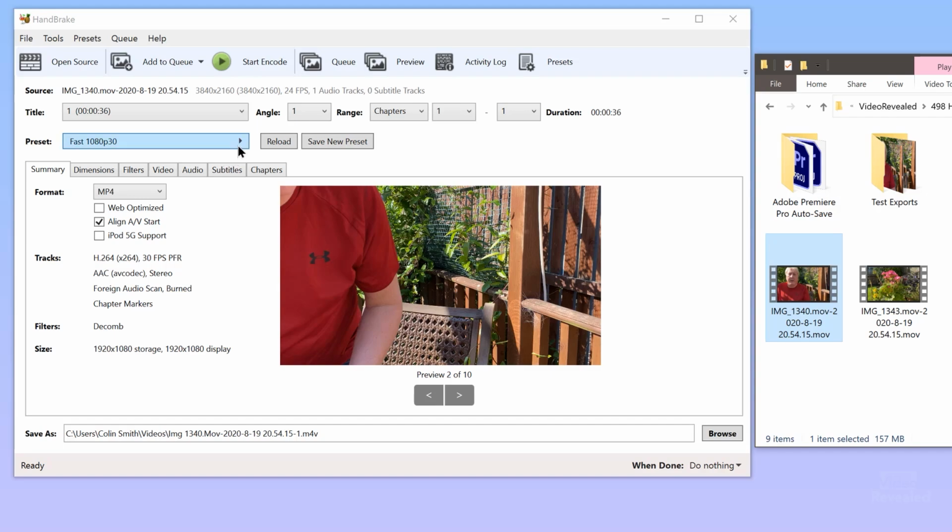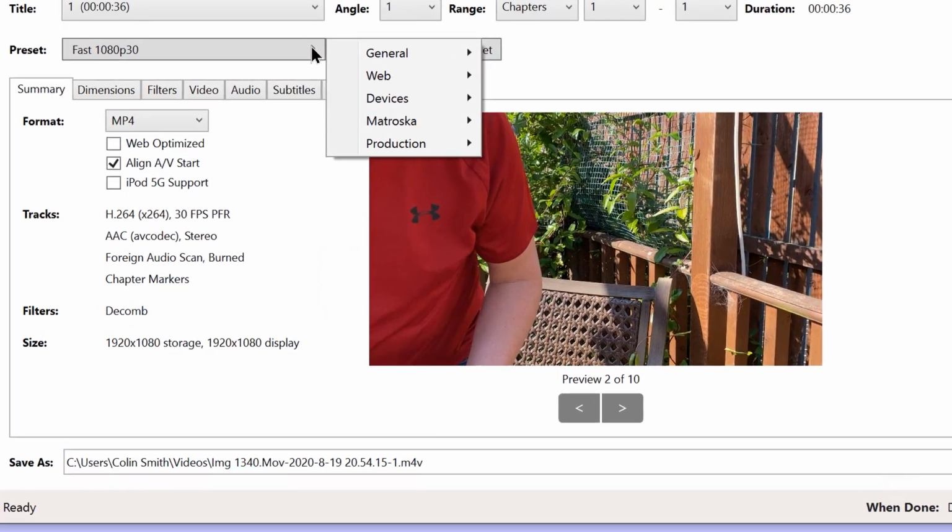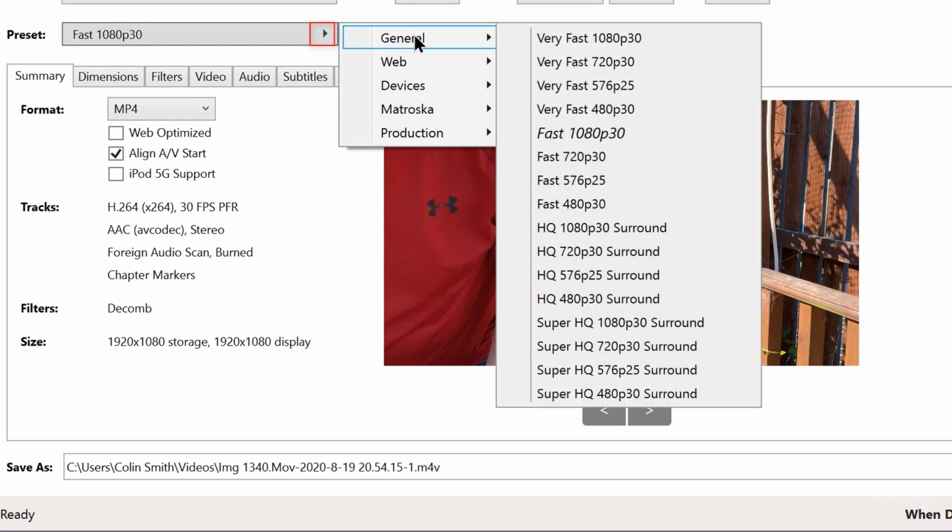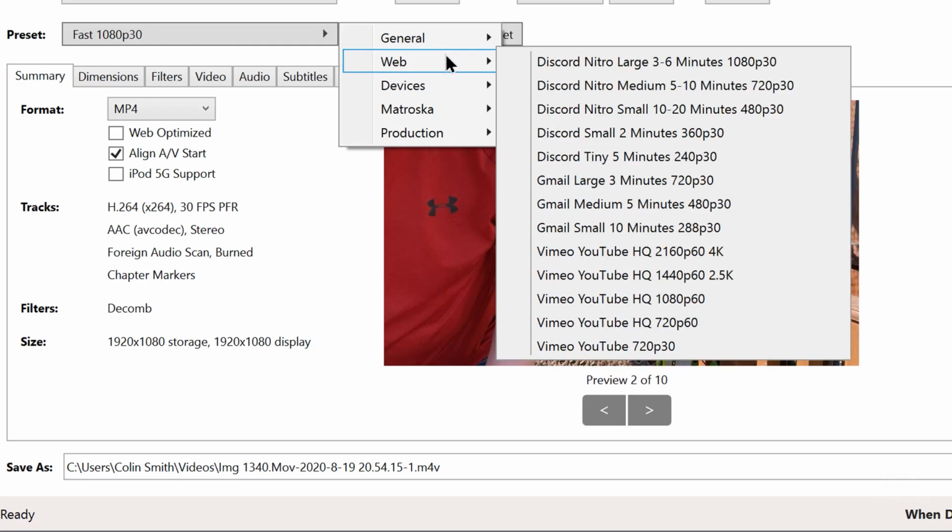There's a wide range of presets, and I'll show you right here, right in this preset dropdown. They're divided into sections: general. There's also Super HQ versions down here, the surround sound. There's also a bunch of web formats, and one of the formats I used for the iPhone was the 2160,